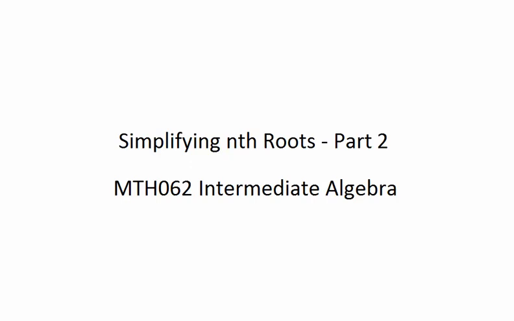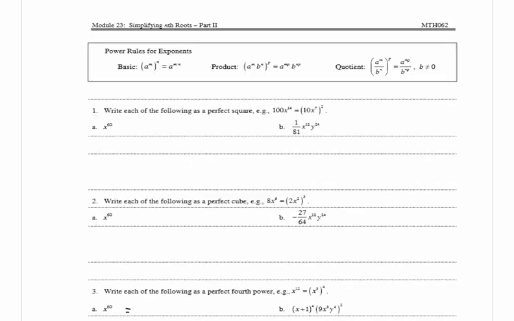In this video, we're going to be simplifying nth roots. In 1, it wants us to write each of the following as perfect squares, and the example they give is 100x to the 14th is equal to 10x to the 7th squared. And if you notice that 14 divided by 2 is equal to 7, that will help us know how many factors to put inside the parentheses when we're working on these problems,